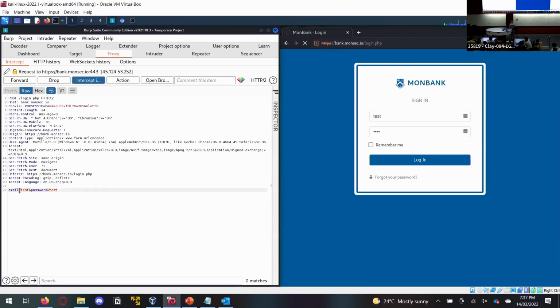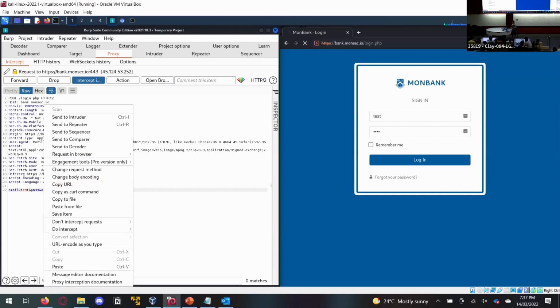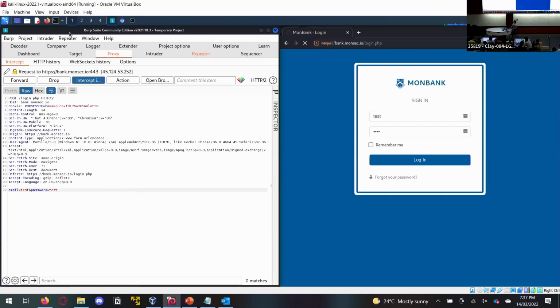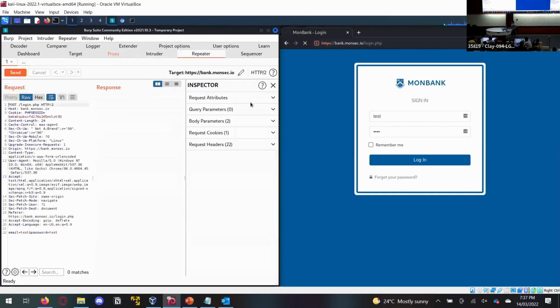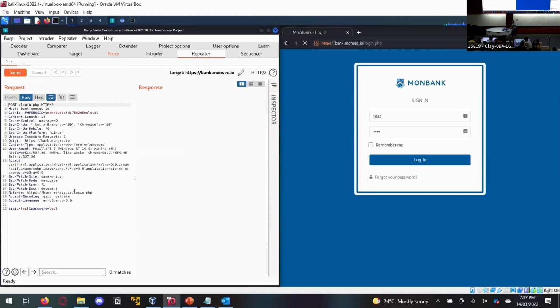But what we can also do is we can use this to start manipulating our search requests. So let's say that I wanted to rapidly be able to change the value of test and password. What I could do is I can right click and click send to repeater. So repeater is a different tab up here, which is actually over there when you're in half screen. And we can see that we have the exact same HTTP request now here. And if I click send,